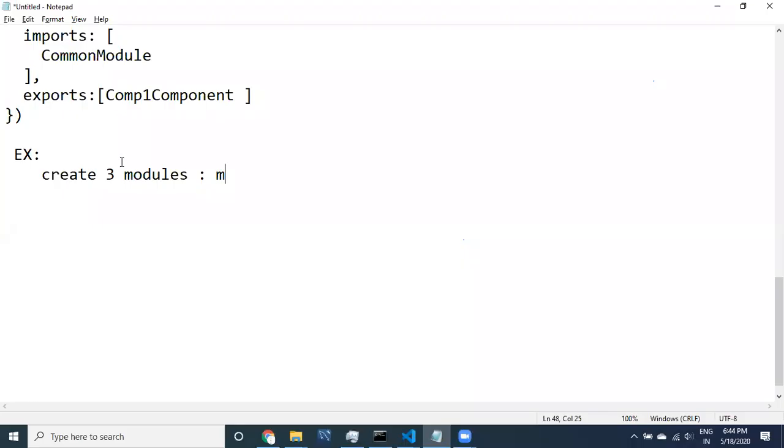The exercise that you have to do is create 3 modules: module 1, module 2, module 3, and create 3 components.